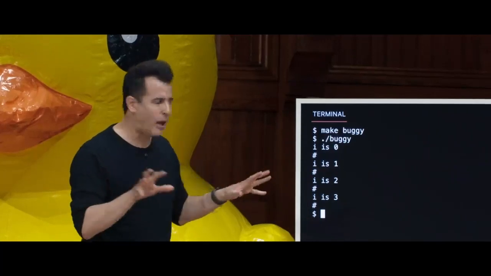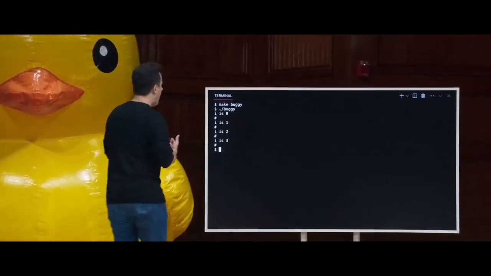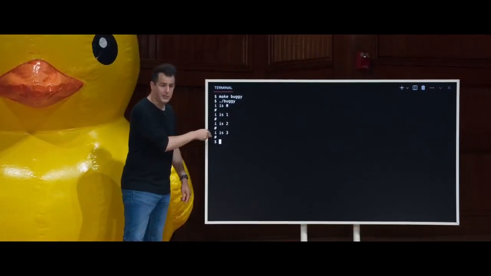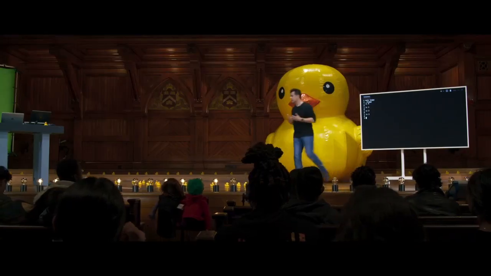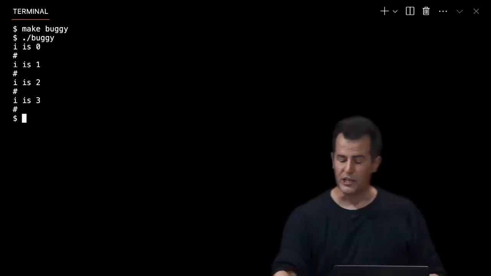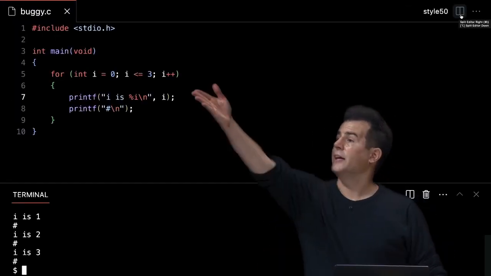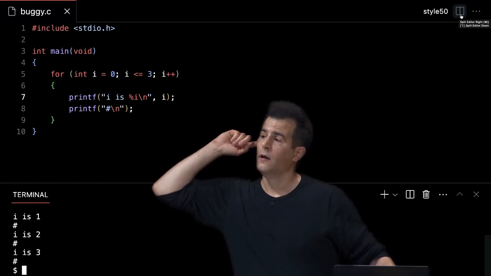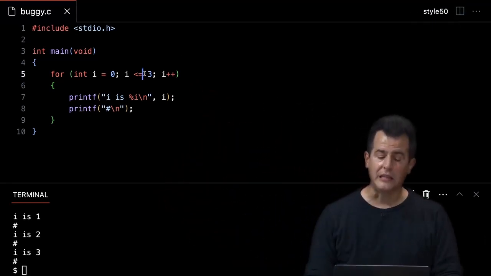So clearly now, it should be maybe more obvious to you, especially if the syntax itself is unfamiliar. I certainly don't want this last one printing. Or maybe equivalently, I don't want the first one printing. So I can fix this in a couple of ways. But the solution, the most canonical solution, is probably to do what with my code? To change what to what? Yeah. Yeah, so change the less than or equal sign to just a less than sign.